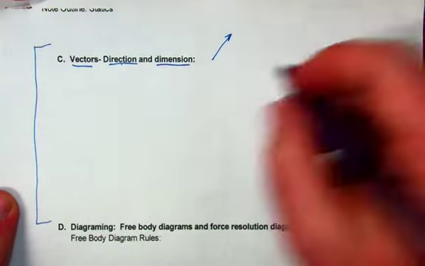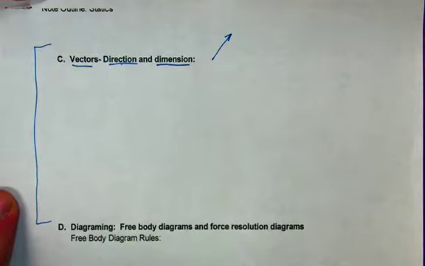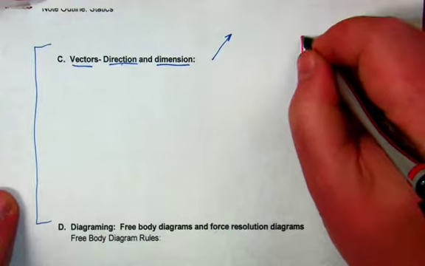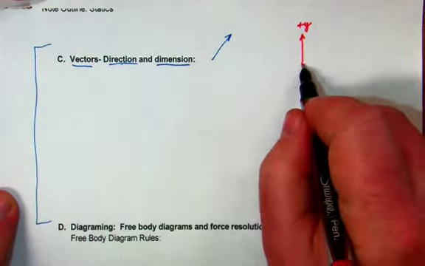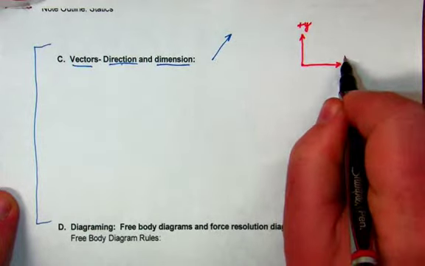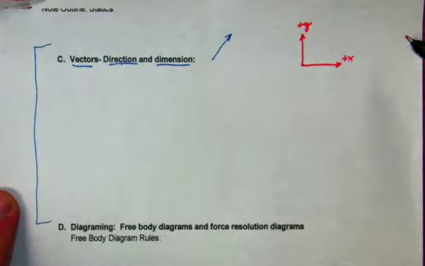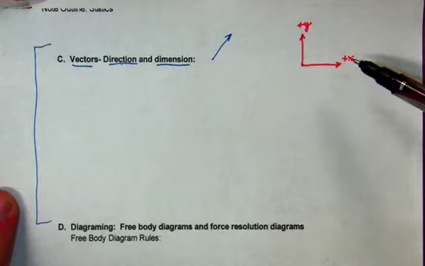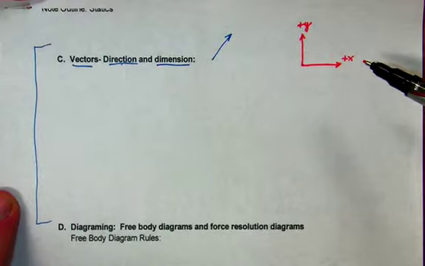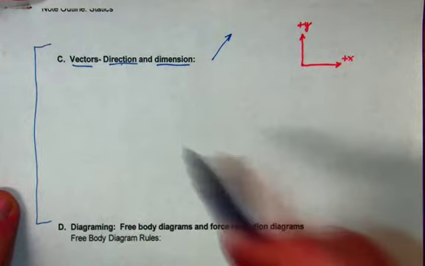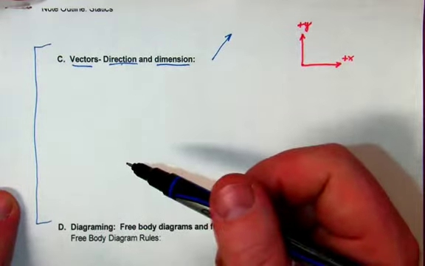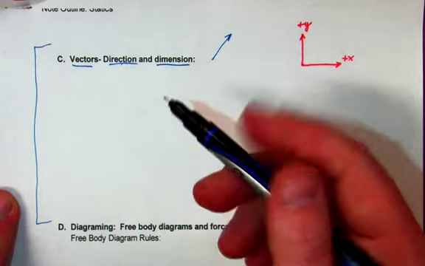So before any AP physics problem, what you're going to do is define your dimensions. So you get to pick what they are. I'm going to say the traditional way, which is up is positive y, to the right is positive x, and that's normally what we do, but I want to be very clear that you don't have to. A lot of times if it's an inclined plane problem, you wouldn't want to do it this way. You get to pick how this is, and you do it in a way that makes the problem easy to solve. Okay? So anytime you're adding vectors, whether it's velocity, force, acceleration, momentum, it doesn't matter,